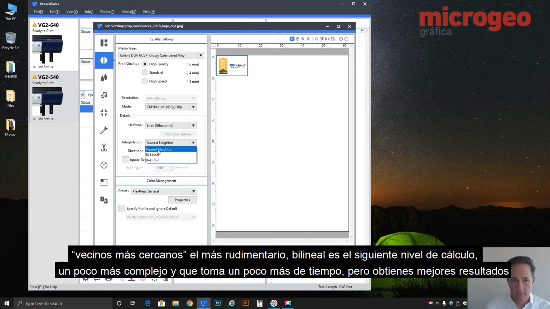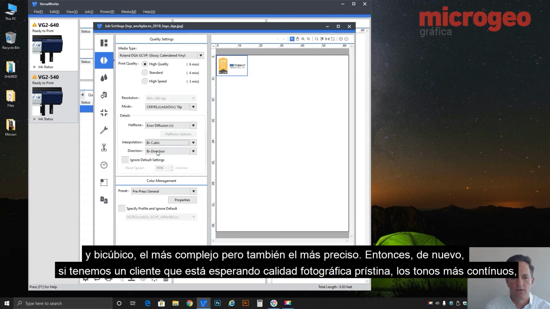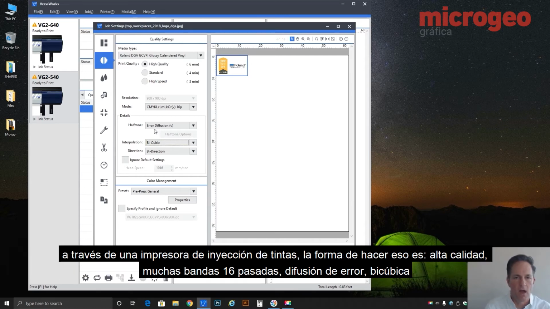Nearest neighbors, the most rudimentary. Bilinear is the next level up of calculation, a little more complex, takes a little longer, but gets better results. And bicubic is the most complex, but it's also the most accurate. So again, if we've got a client that's expecting pristine photographic quality, almost continuous tone off of an inkjet,